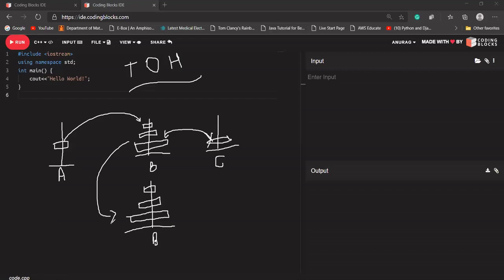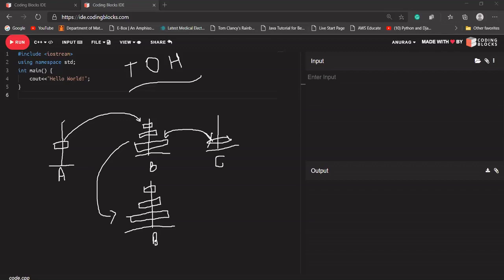The number of disks could be any number. Let's say it can be 1, 10, 2, 20, 35, anything. So what I have to do is create a solution using recursion so that if I give it the number of disks, it should tell me what operations to perform, with the minimum number of operations, so that you get the expected result. It means you transfer all the disks from A to B in the same order that it was in A.